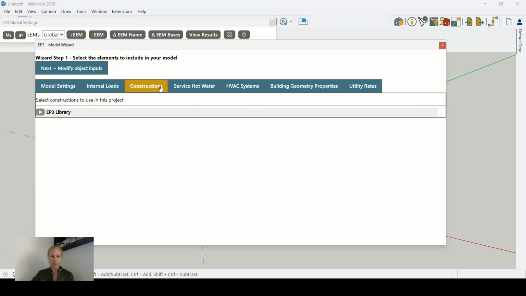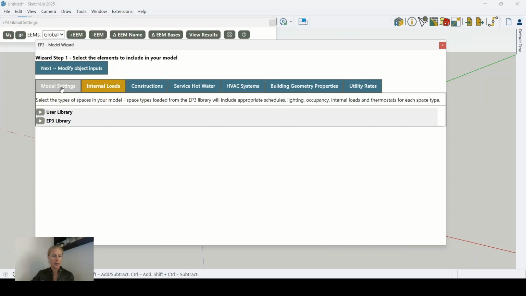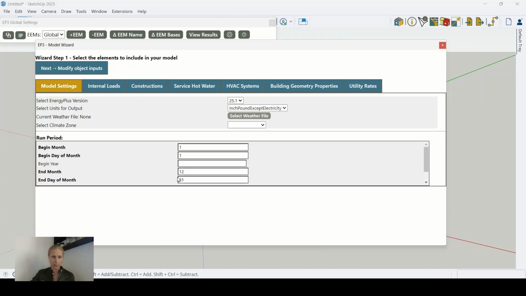So we have a bunch of different tabs, and you can toggle back and forth between them. On the model settings, these are general settings about your model. You can choose your EnergyPlus version. We recommend using the latest version, and generally we release a minor update to EP3 or sometimes a major update to EP3 a week or two behind the EnergyPlus version releases. So we usually stay fairly tightly tied to the newest version of